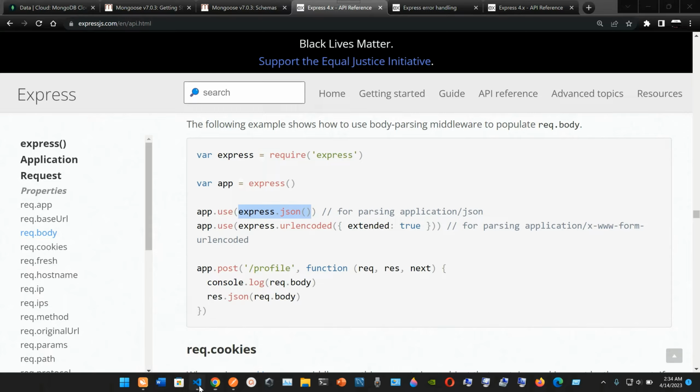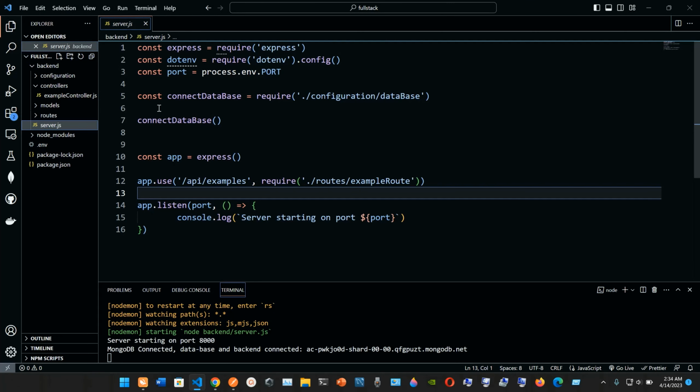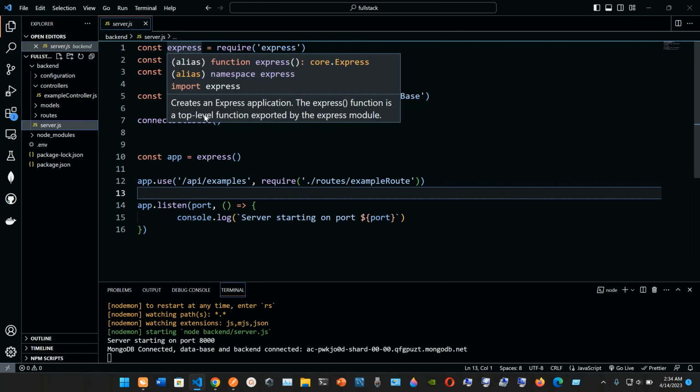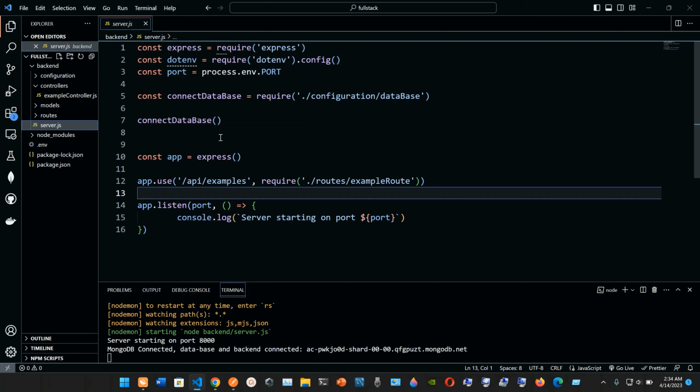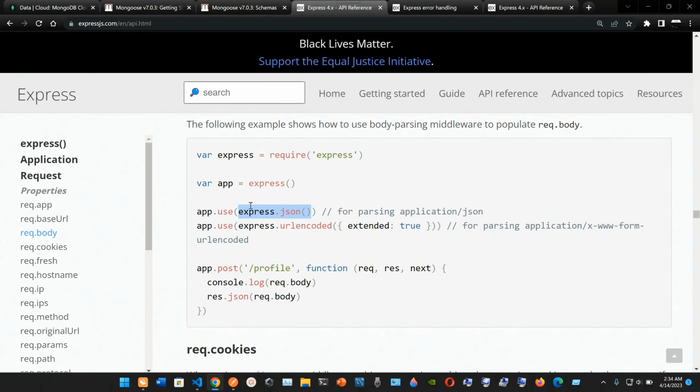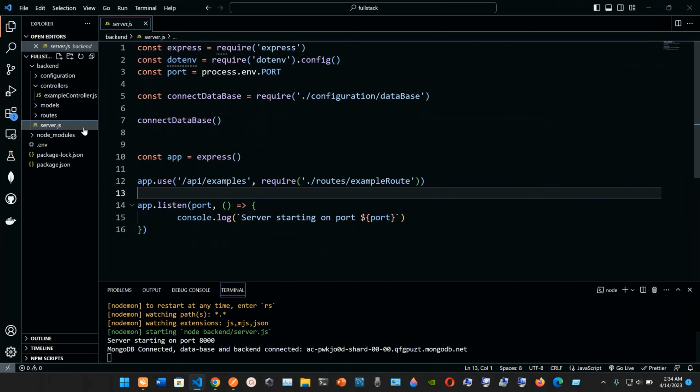So we're going to go to our server.js, and we're going to be creating this. We're going to be using the app.use express.json. So if we go